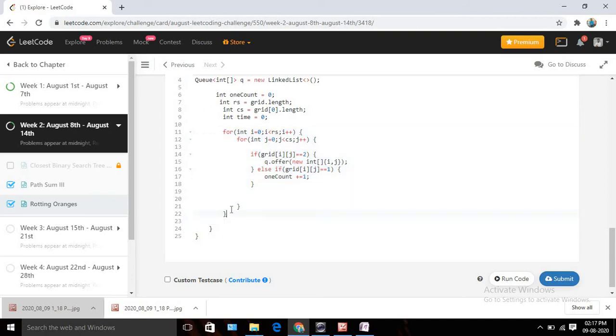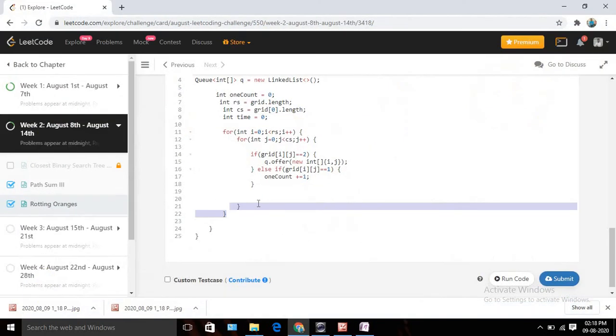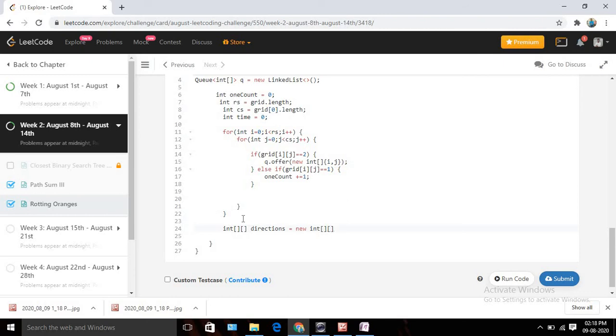Now what I need to do, I need to traverse this queue till my queue is empty, right? And I need to check that all those adjacent nodes are fine. So let's write logic for the same. So probably I will take another array. I need to move in 4 directions, right? Right, left, top, bottom. So we are going to store those directions in a direction array, okay? So in directions, and it should be again a 2-dimensional array. And let's initialize the value also. It should be new int, and what will be the value here?